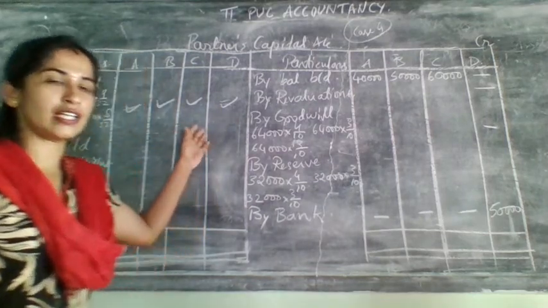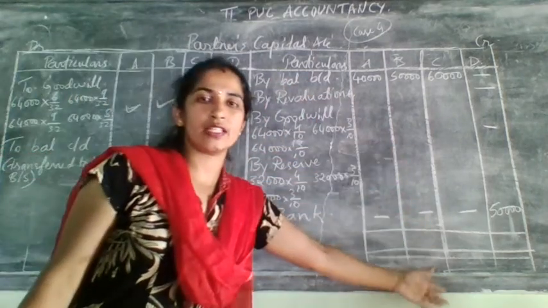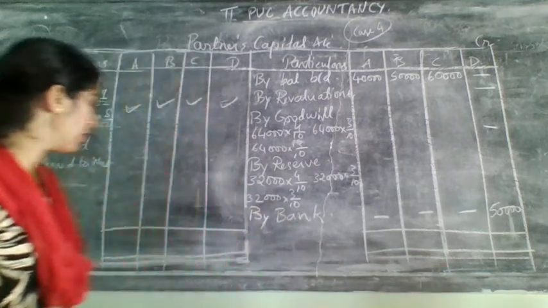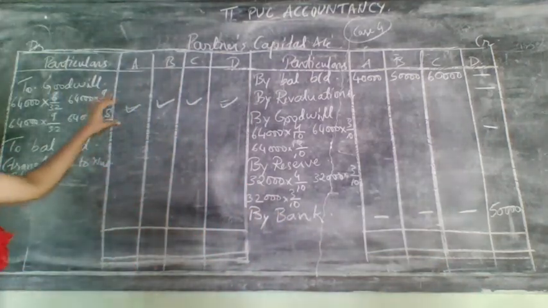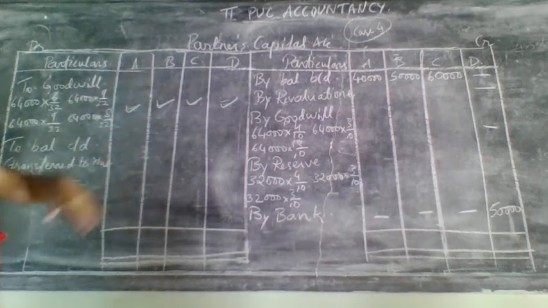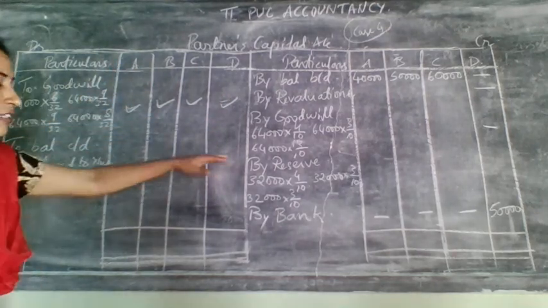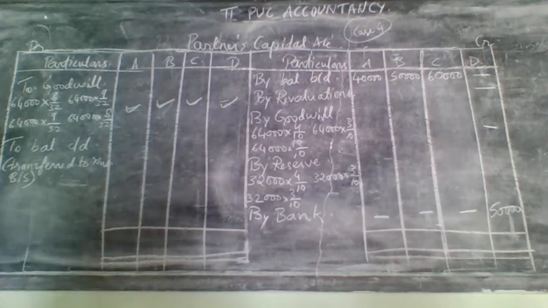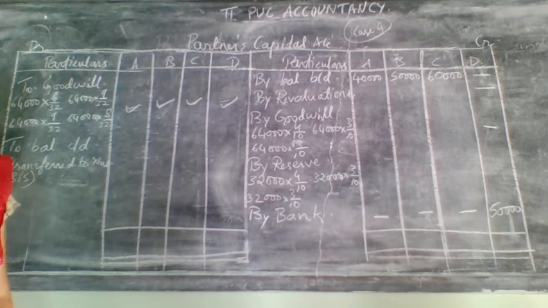Then after writing this, take the total of the credit side. Always it will be more. Bring it to the debit side. Then minus these amounts from the concerned partner's capital. Then write the difference amount as by balance carried down. So here ends your which one? Partner's capital account. So let us move on to the last step, that is which one? Balance sheet.